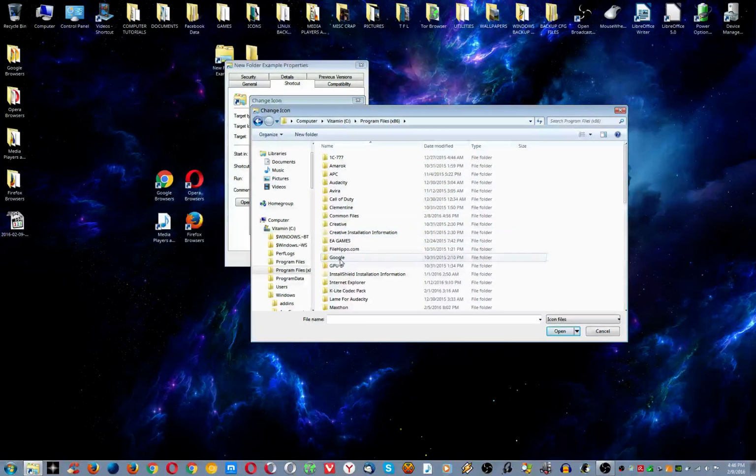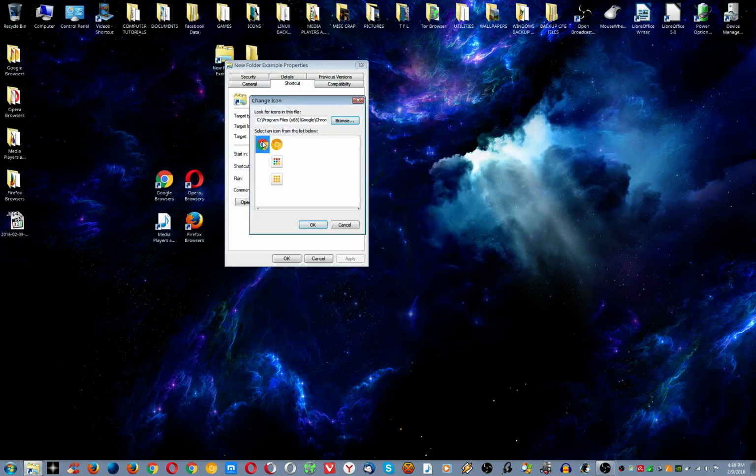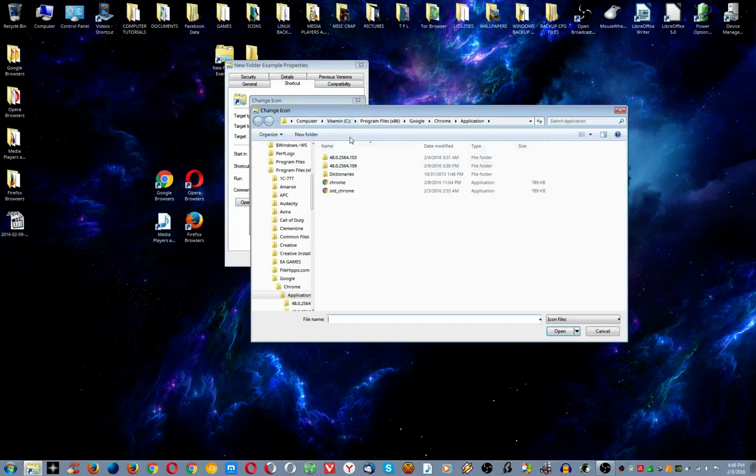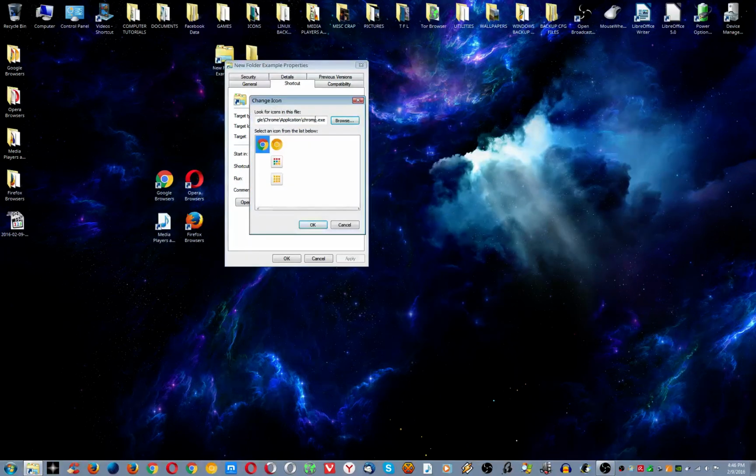I went to Program Files x86, Google, Chrome, Application, and then just click that open, and then boom. Now you can. So what you're really doing is you're finding the folder for whatever program that relates to the folder that you've made. I have one for my media players and all that I created, and in that case, what I did was I went to